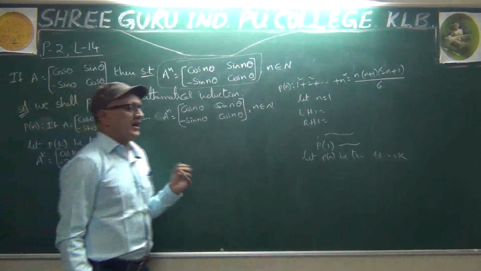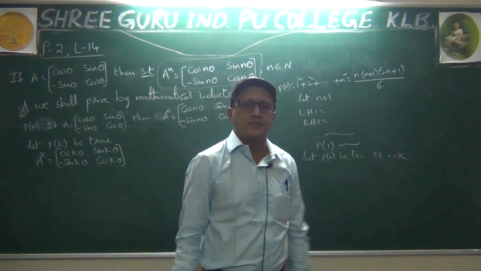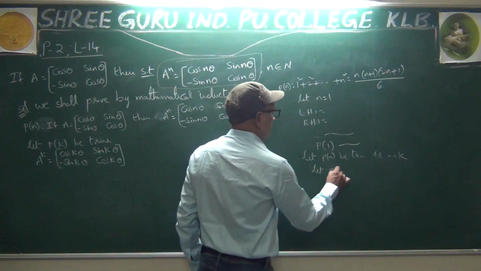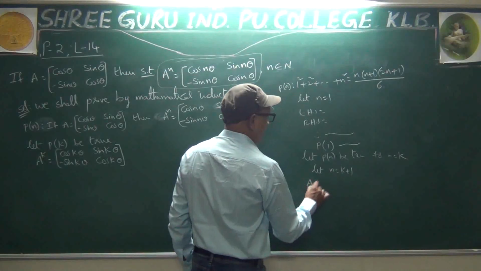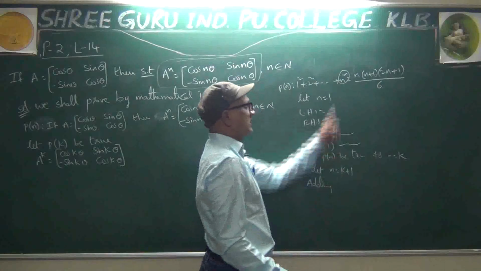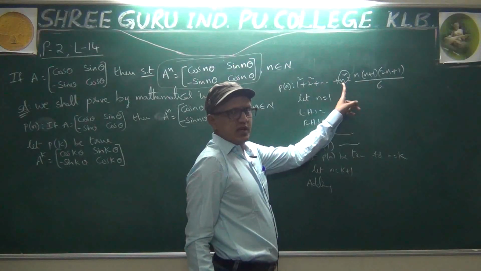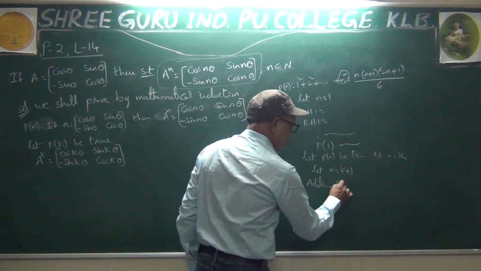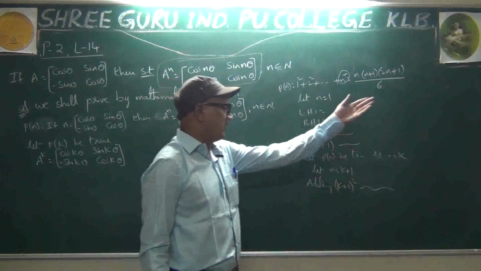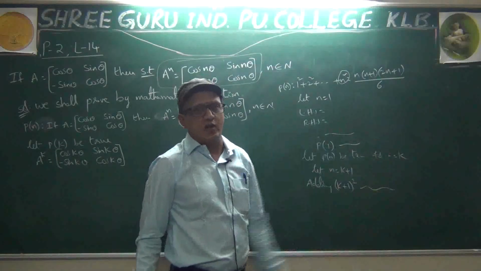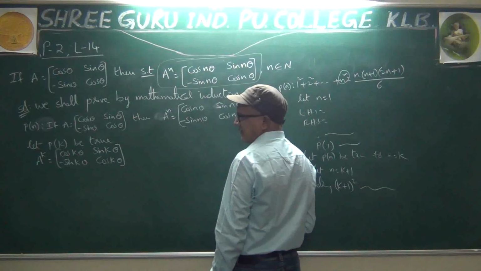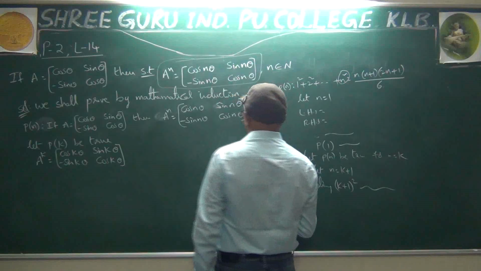Okay, hereafter a bit changes. Then next step what we do? Let n equal to k plus 1. In place of n, whatever is here, put k plus 1. K plus 1 whole square. On both sides of equation 1, some equation 1 will come, for that we have to add. Mathematical induction method goes like that. Here a bit change.